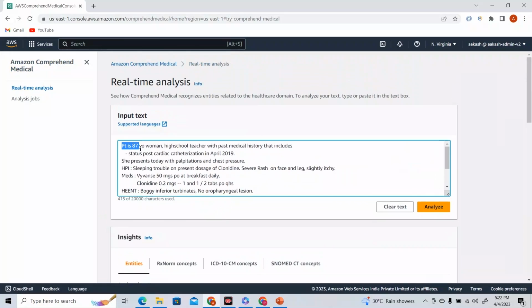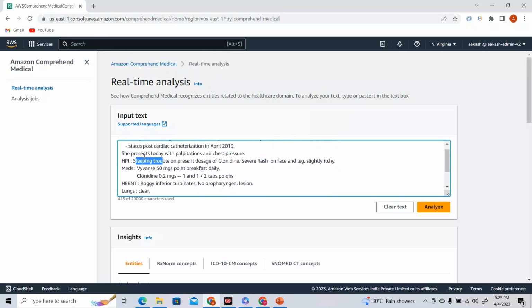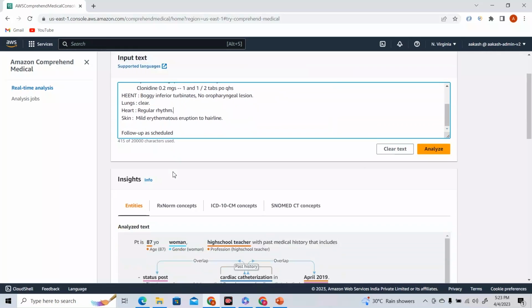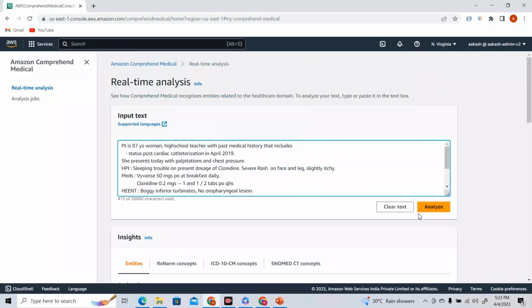So if you see, PT is an 87-year-old woman, high school teacher with past medical history that includes status post cardiac catheterization. So these terms, right? These terms are health related terms. So cardiac is related to your heart, right? It has some sleeping trouble, some meds, right? What are the medications she is on, right? And the lungs, and heart and skin, whatever it is. If I click on analyze, right,